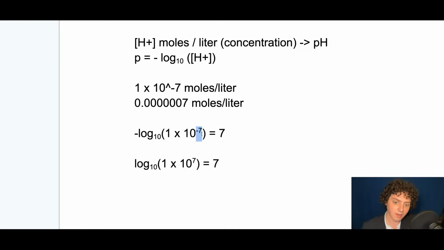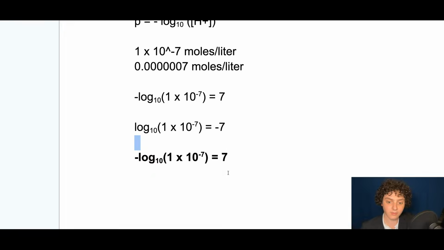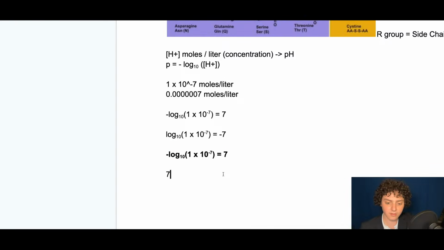When you go with negative, you move the decimal point in the opposite direction. So log base 10 of 1 times 10 to the negative 7 is negative 7. And so to further simplify things, because we don't want to have to use negative numbers all the time, we say that negative log base 10 of 1 times 10 to the negative 7 is 7. So we just take the negative of both sides, and then it becomes this number. So 7 is the neutral pH.